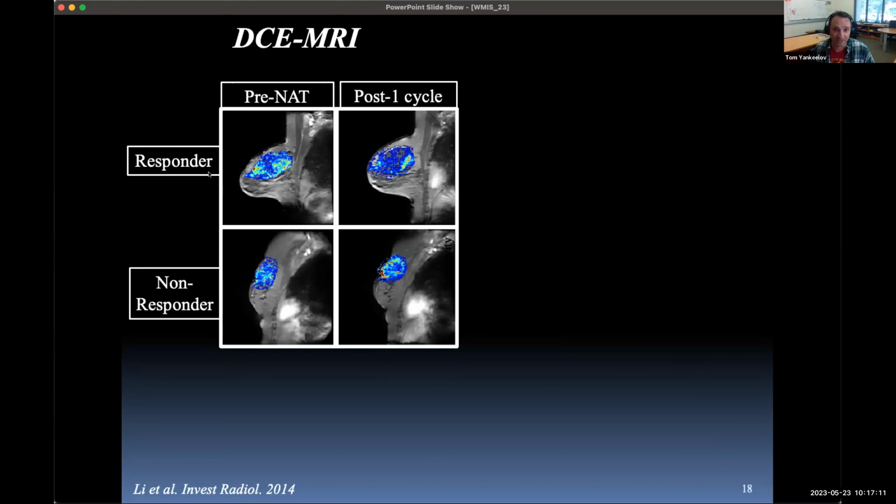And so this is a patient that was a responder. So after one cycle of neoadjuvant therapy, not a whole lot of change in tumor size, but a good deal of change in our perfusion metric right here, as opposed to a non-responder where after one cycle, not a whole lot of change in the size, but clearly indicating higher red and yellow pixels indicating higher flow. So if you do the ROC analysis on these patients, your area under the curve is 0.77 for using a quantitative DCE to predict response after a cycle of therapy. And this is kind of old news now, and it's not a phenomenal AUC, but it's not bad. And people use this kind of stuff now.